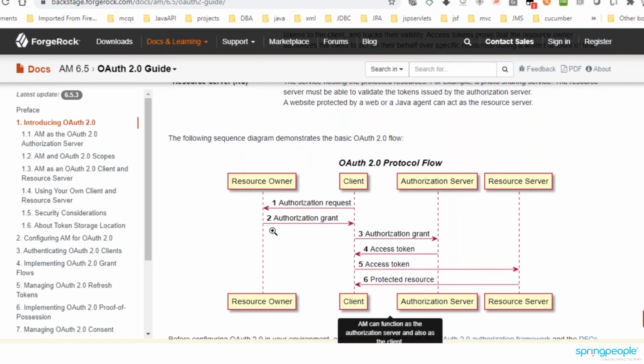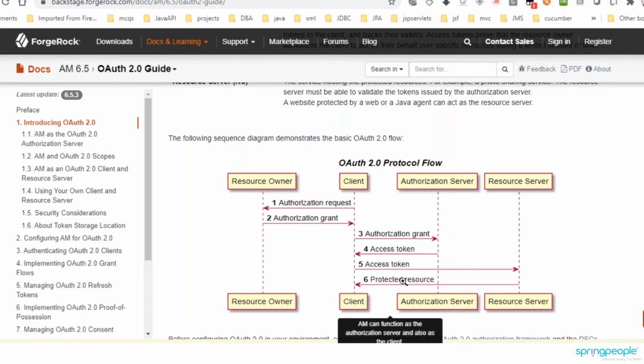So it is a different layer or flow with the OAuth authentication protocol. It will give one grant, then that grant should be provided to the authorization server, and the authorization server will give the access token. The access token validity will be only 10 minutes or 15 minutes or maybe 1 hour. It depends on how much time you have configured as a developer.